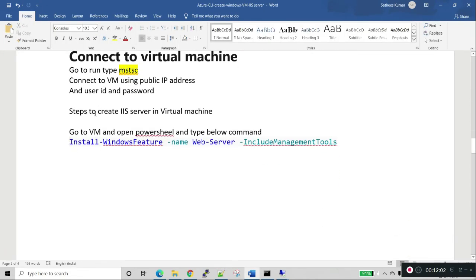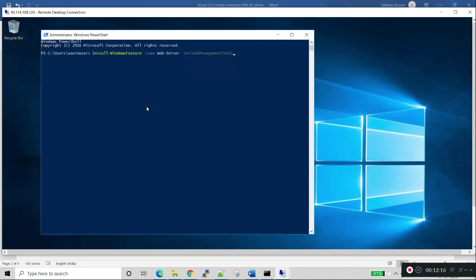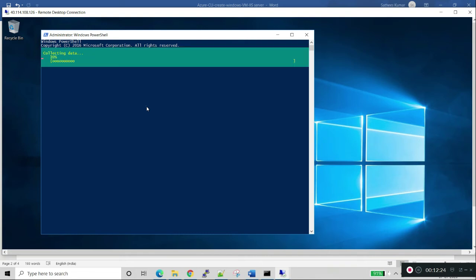This is the script to create the IIS server: Install-WindowsFeature -Name Web-Server -IncludeManagementTools. So we are running the script in PowerShell.